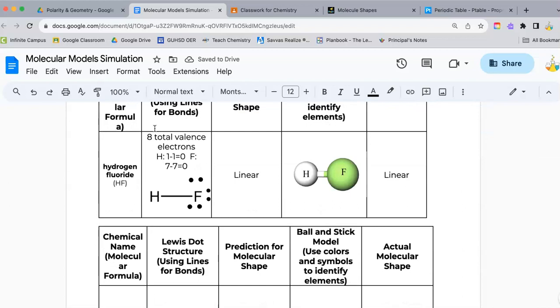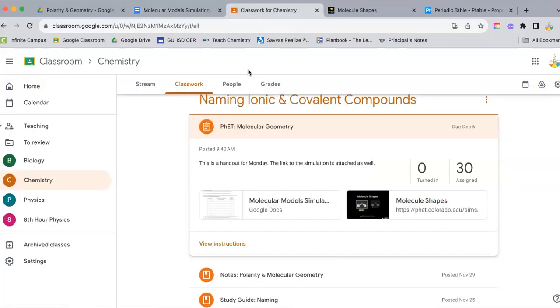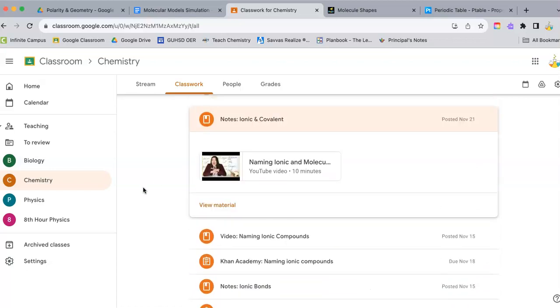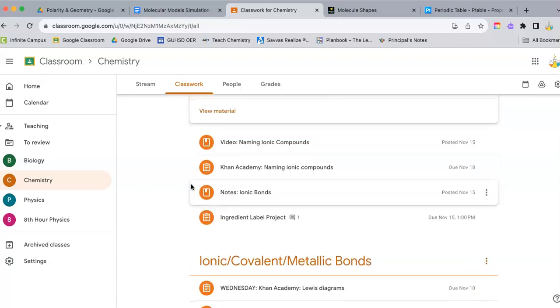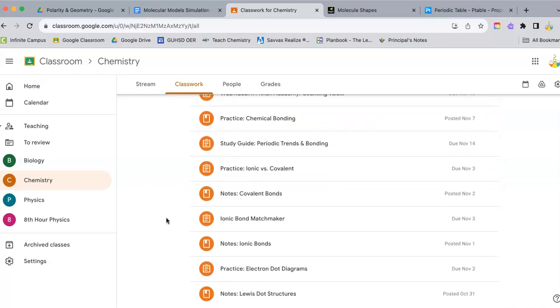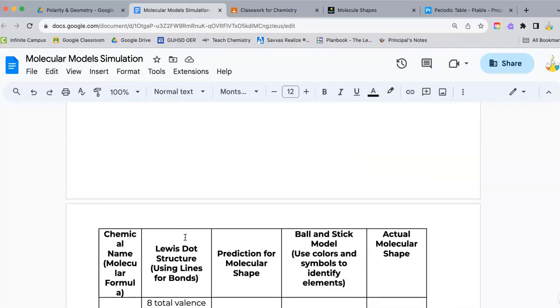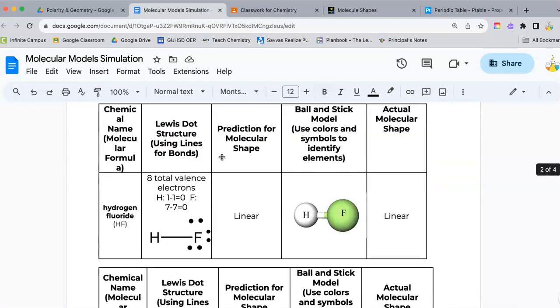Lewis structures. You know how to do these. We have done these before. This is just like with our covalent bonding. And if we don't remember how to do it, we can go back to our notes on covalent bonds. If you can't do this or this, you're already going to struggle hard for your final, because this should just be review. The new stuff is these three columns: the prediction, the ball and stick model, and the actual